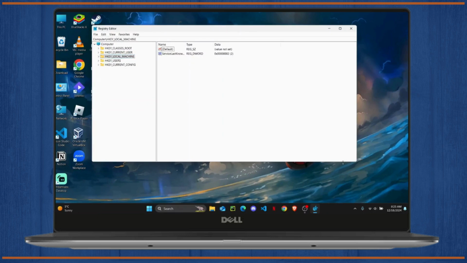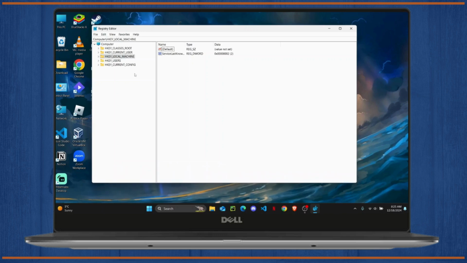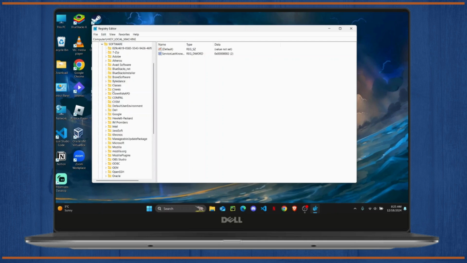Now from here, what you want to do is click on HKey local machine. Click on this drop down. From here, head over to software. And from software, if you scroll down, you will find Google, and right below Google, you'll find Microsoft right here. Click on Microsoft, and once you click on the drop down, scroll down a bit until you see this folder